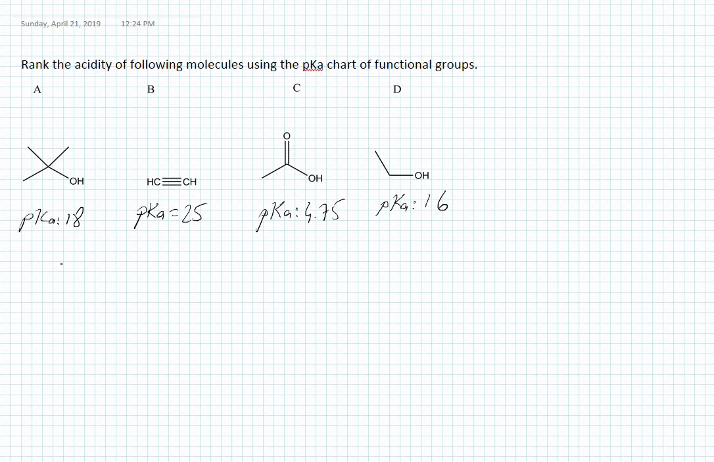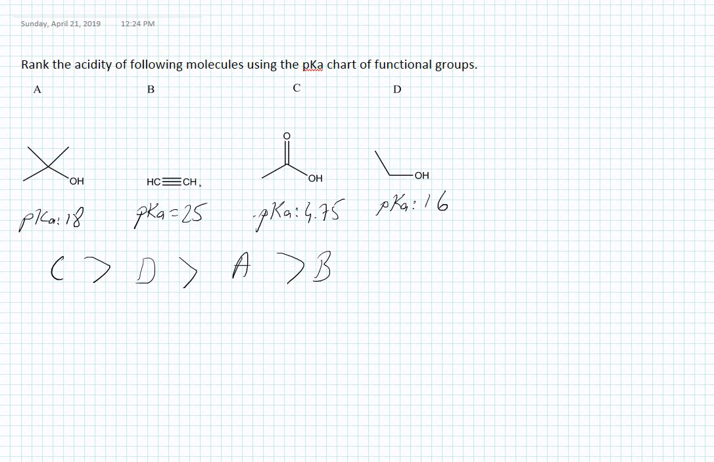So let's say that molecule C is the most acidic. Then we have 16, 18 and 25, so it should be the primary alcohol D, so C, D. Then we should have A, and we should have B, the least acidic. Okay, so basically by using the pKa chart we can compare the acidity of different functional groups, but sometimes without using